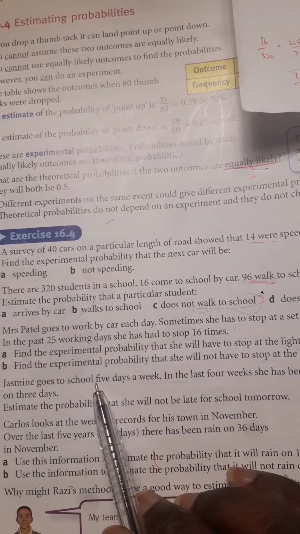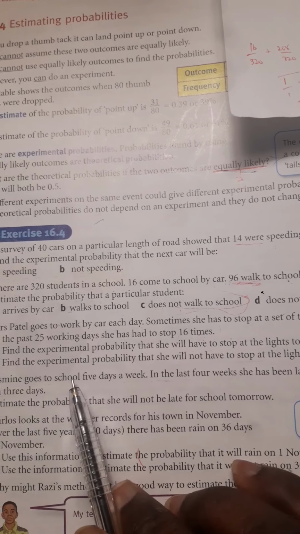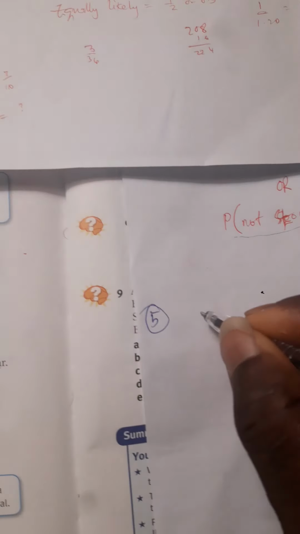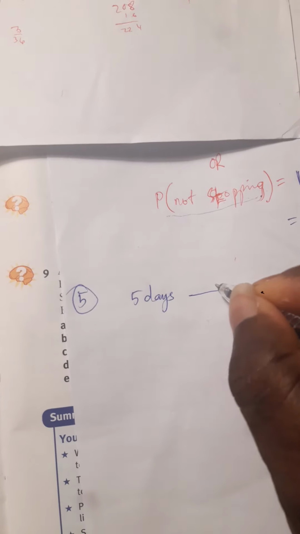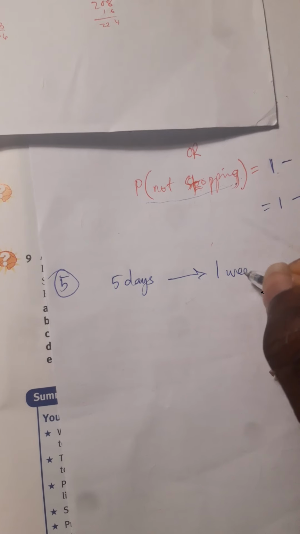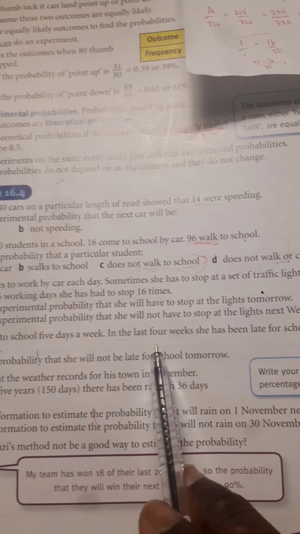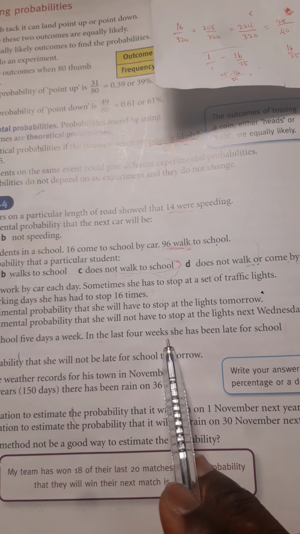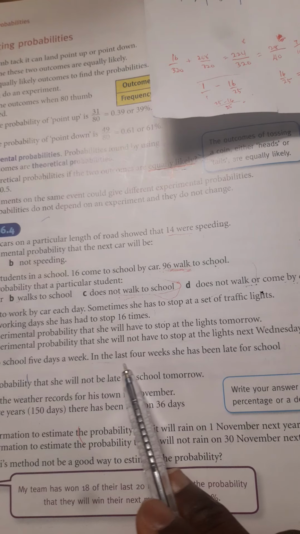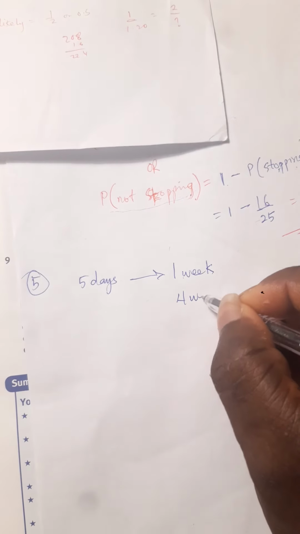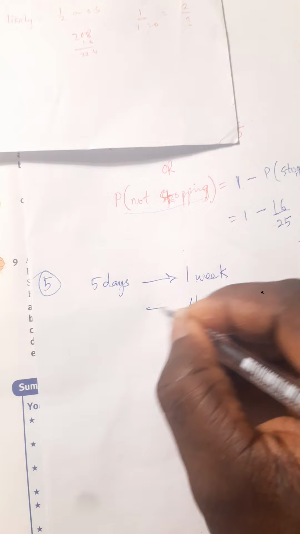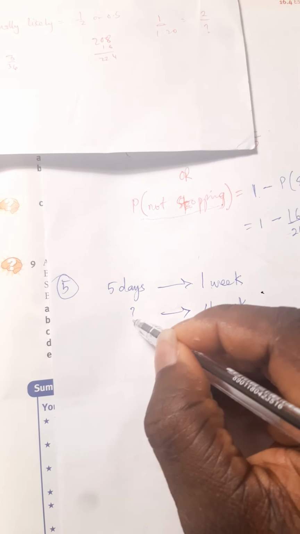Jasmine goes to school 5 days a week, okay? Now, she goes to school for 5 days, for how many weeks? 1 week, okay? In the last 4 weeks, she has been late for school on 3 days. Now 5 days, she goes to school in 1 week. For the last 4 weeks, we are told that she has been